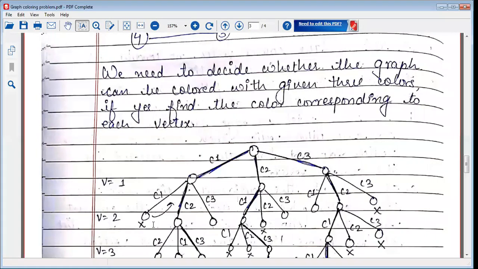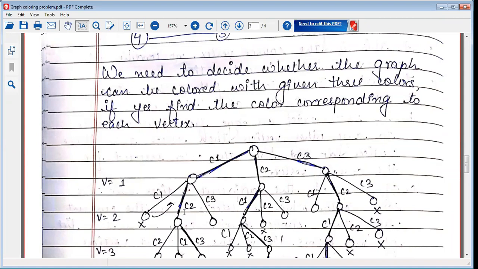Therefore, you stop this combination at this point and then we backtrack. This arrow is to backtrack. I do not need to explore the rest of the combination, because at this point we have decided that this is not a valid condition. Therefore, backtrack.